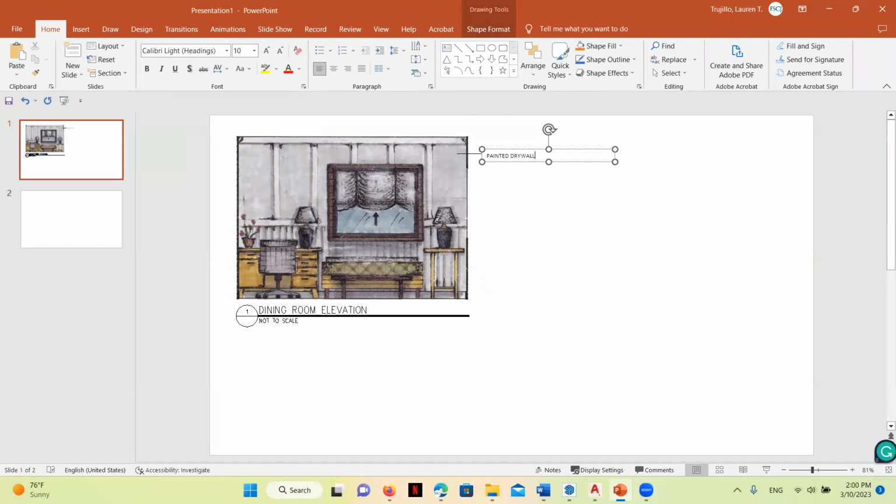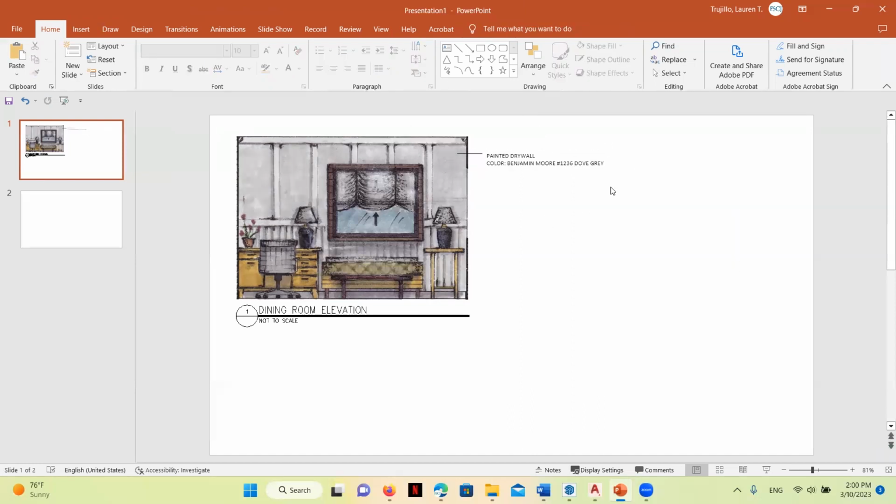Now, painted drywall is enough if you wanted to, and in the professional world, we would put something like a color, Benjamin Moore, number 1236, and then maybe that's dove gray. So whatever you select, you can put it there to give it a little bit more detail if you want.